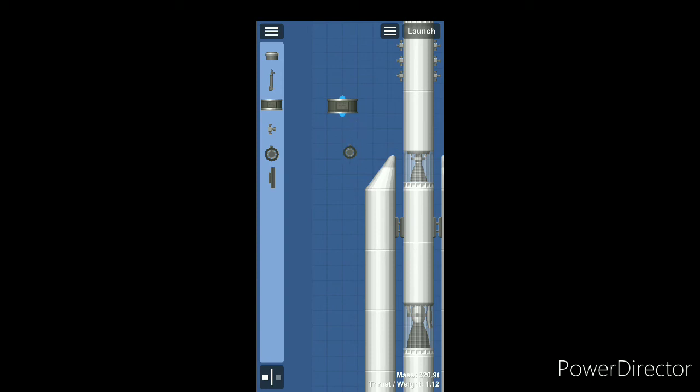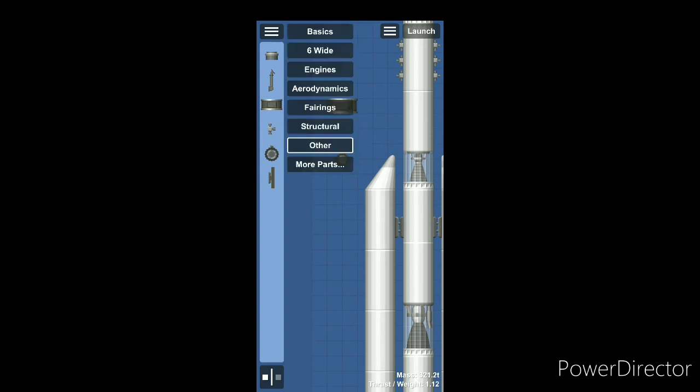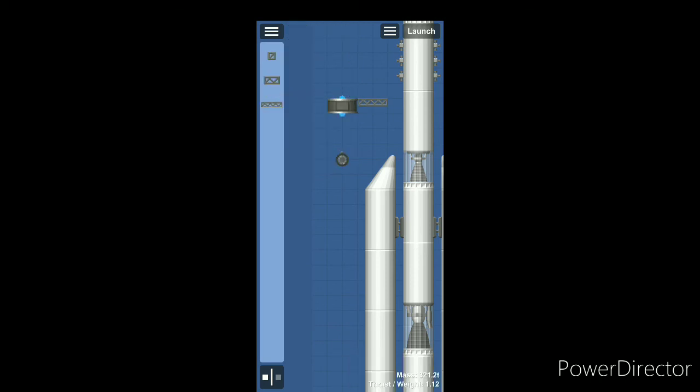So if you want to make a rover, what you have to do is go to structural. You have to take these structures, put one beside the other. You can put them something like this. You can go to others. You can put some wheels here which will make the rover go front and back. And you can use this main part of the rover, which is a solar panel. You can put it on the top.